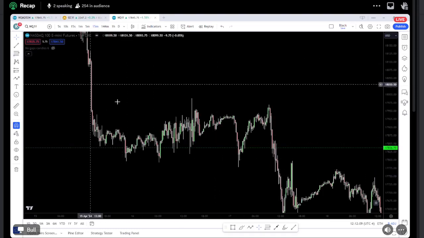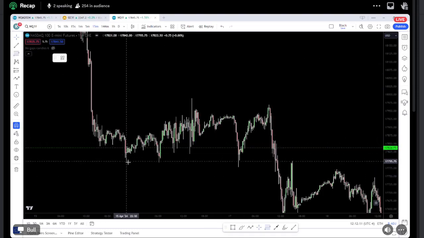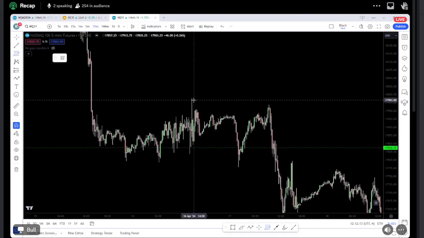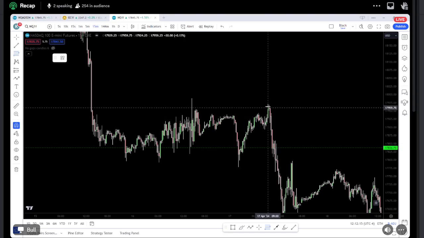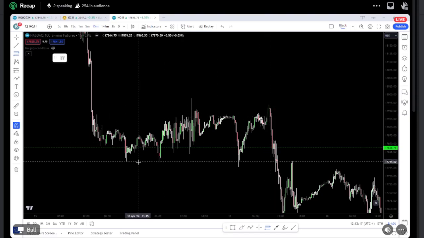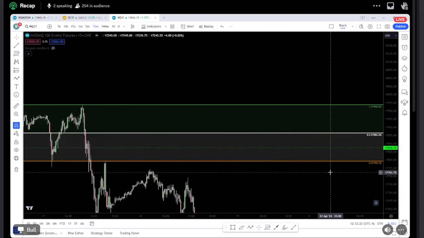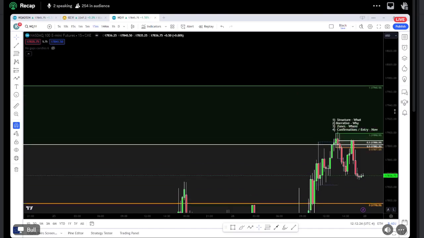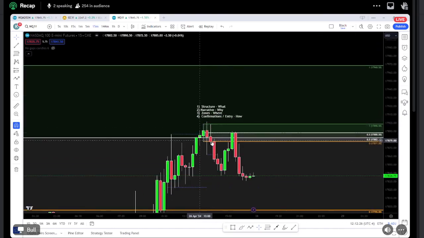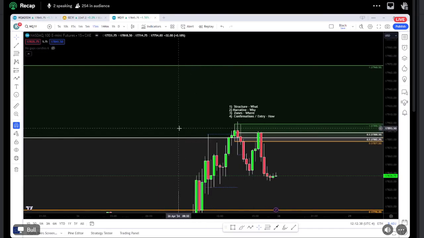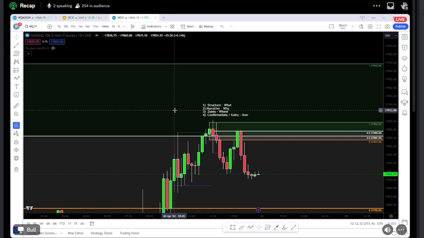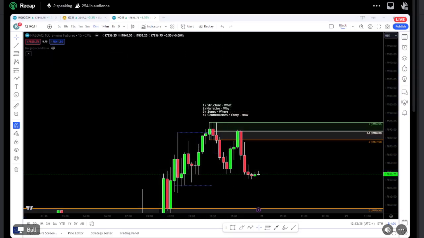So in theory, I actually took it from this sort of manipulation leg, but you could, in theory, look at this being the higher time frame high in that case and kind of trail that over there. But you'll notice that you're essentially getting the same sort of thing. We're looking to trade areas and then find sort of order flow confirmations in there. Okay.